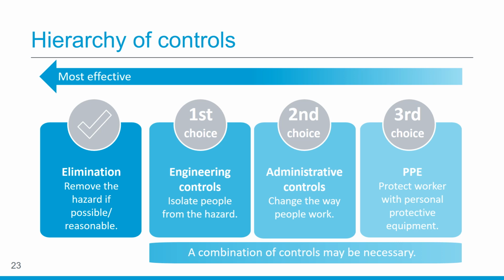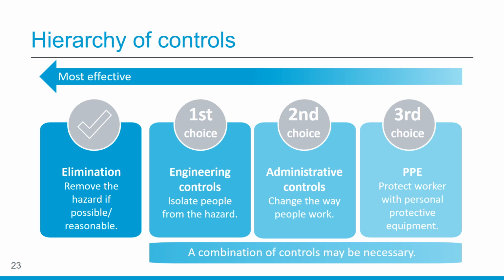There's a hierarchy that must be followed when controlling a hazard. The first choice is engineering controls. These control a hazard at the source. Next to eliminating a hazard, engineering controls are the most effective means of preventing illness or injury to workers. Depending on the workplace and processes, examples might include ventilation systems or physical barriers, such as plexiglass.